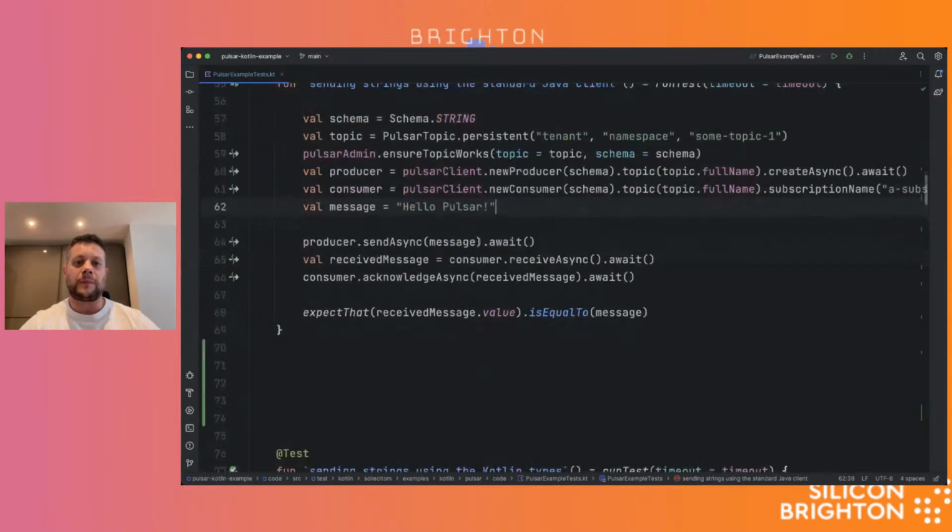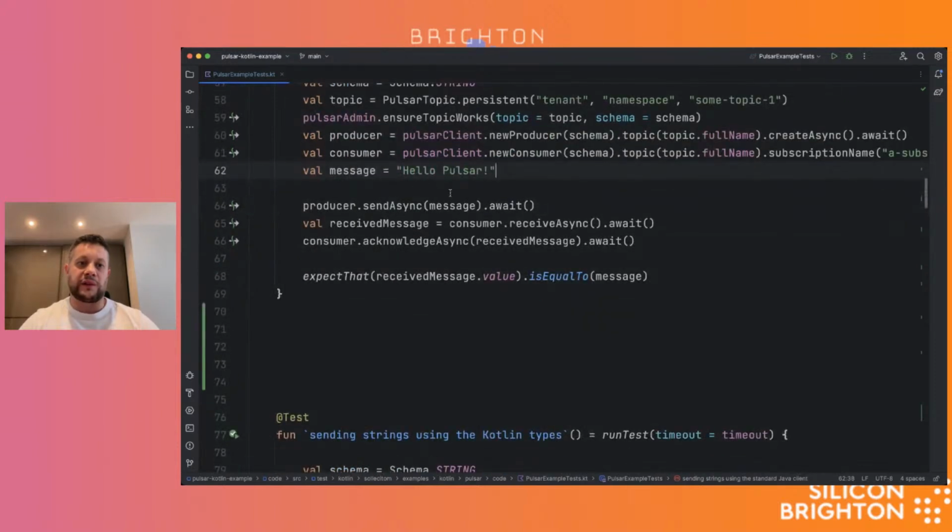So here what I'm doing is creating a producer, line 60, and I'm also creating a consumer. After that, I'm going to send a message and wait until it's been sent. Then I'm going to receive it, wait until it's received, and acknowledge it, which works in a very similar way to Apache Kafka. And then I'm going to check that the value that I sent in the message is equal to the value